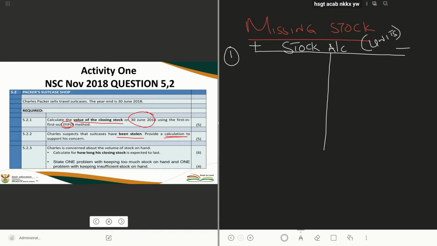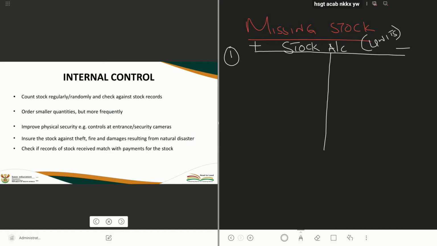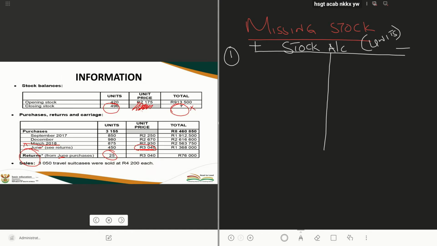Now, in our question, they told us nicely that we had opening stock, and the opening stock that we had was 420. So I'm just going to put OS here to indicate opening stock. And our opening stock is 420 units. Okay? Then we did buy some units. How many units did we purchase? The examiner made it nice and easy for us. They gave it, it is